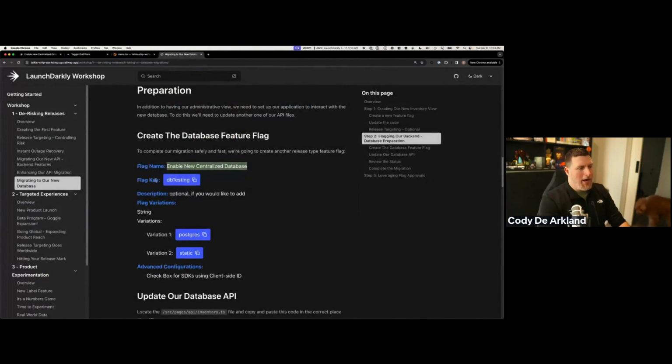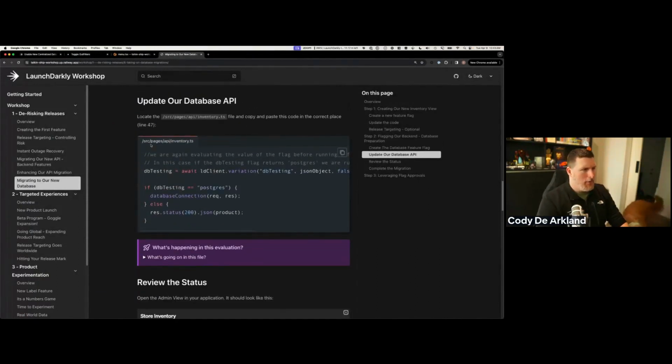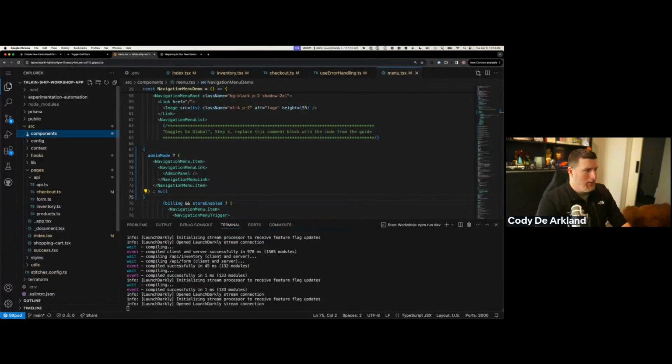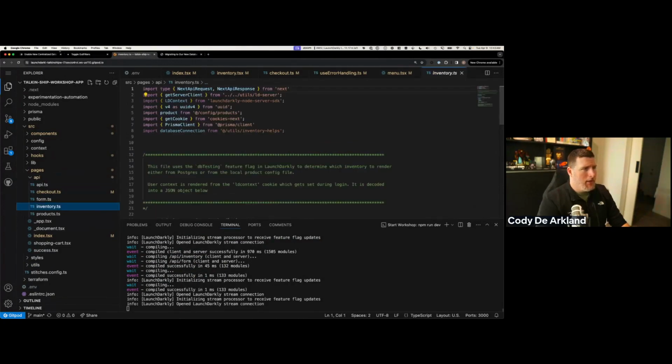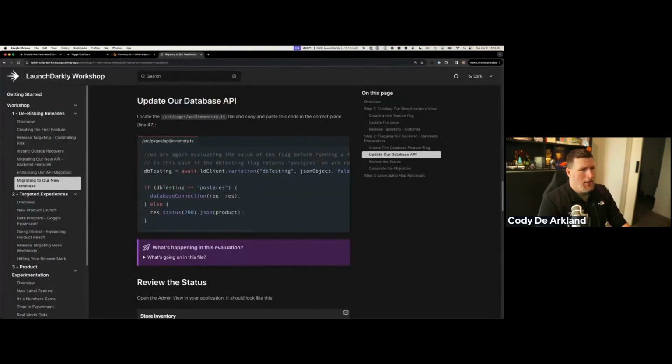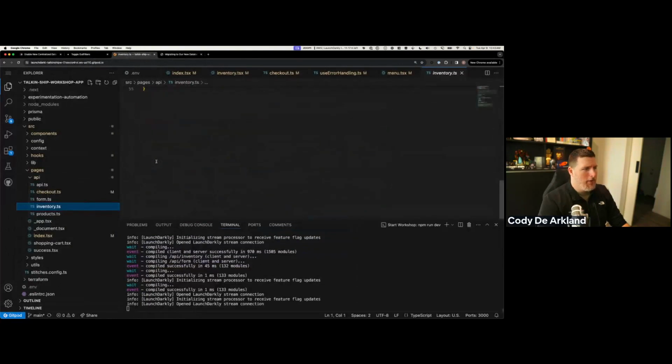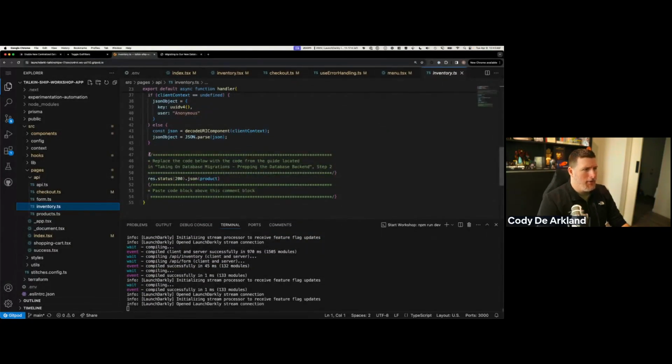And we need to set up our actual code now. So we're going to go into source pages, our API route, and inventory. Source pages, API, inventory. And on line 47 is what we'll update. So line 47 will replace. Actually, it's line 51. I need to update those instructions